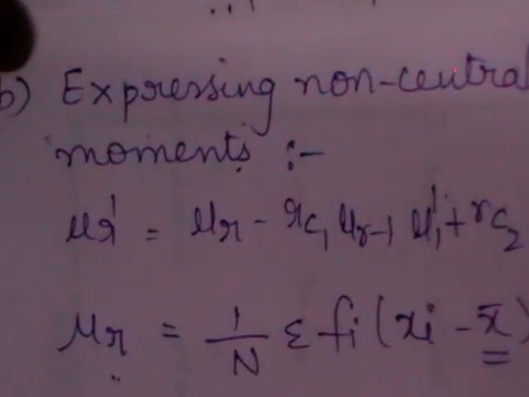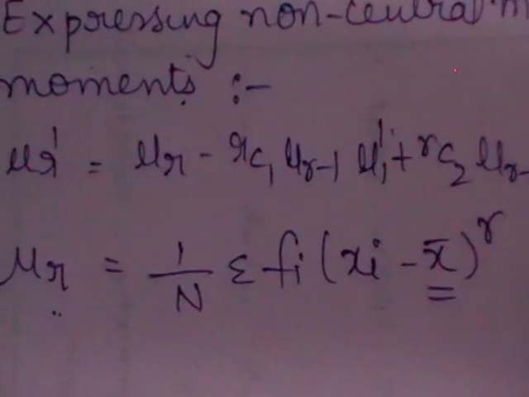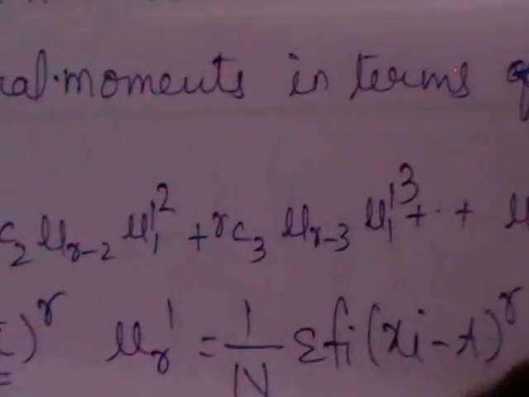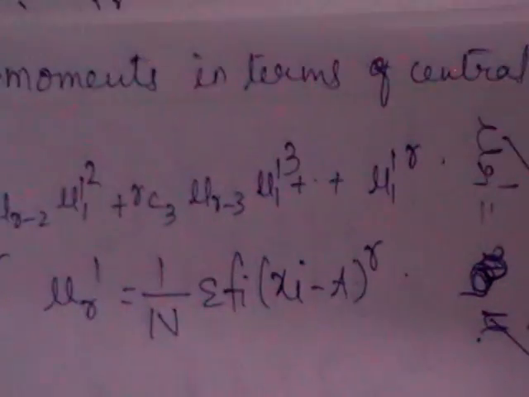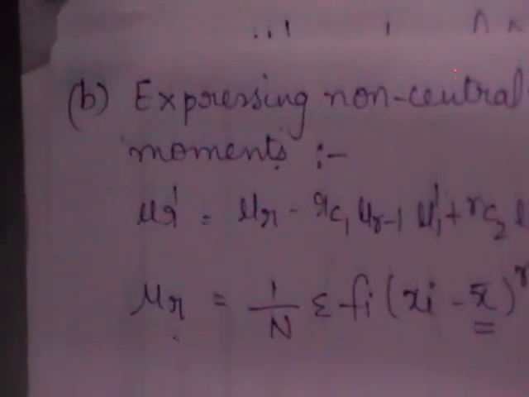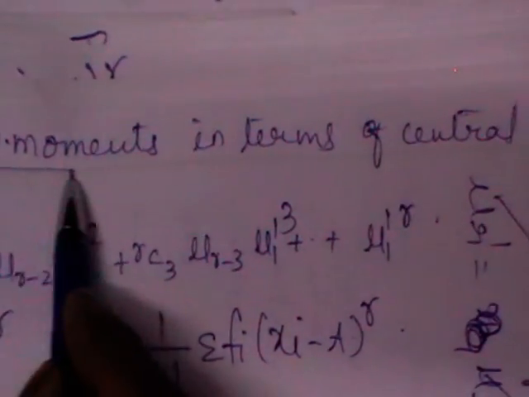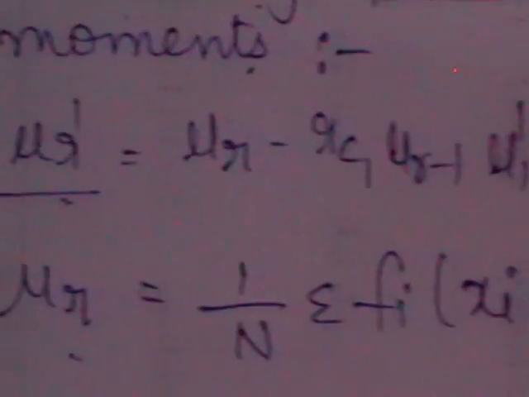Mu r means central. Central means you will get x bar here. Mu r dash are nothing but non-central moments, fi into xi minus a whole power r. Now the statement here is expressing non-central in terms of central. So as we got the non-central here, you are going to have a statement with non-central on the LHS and central on the